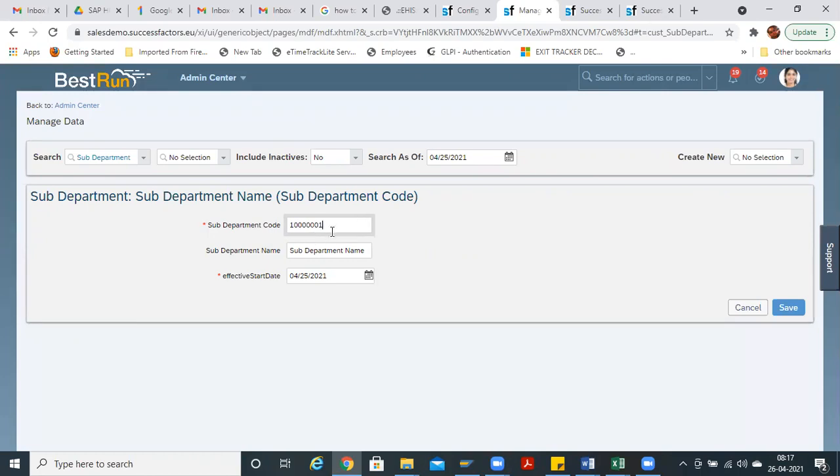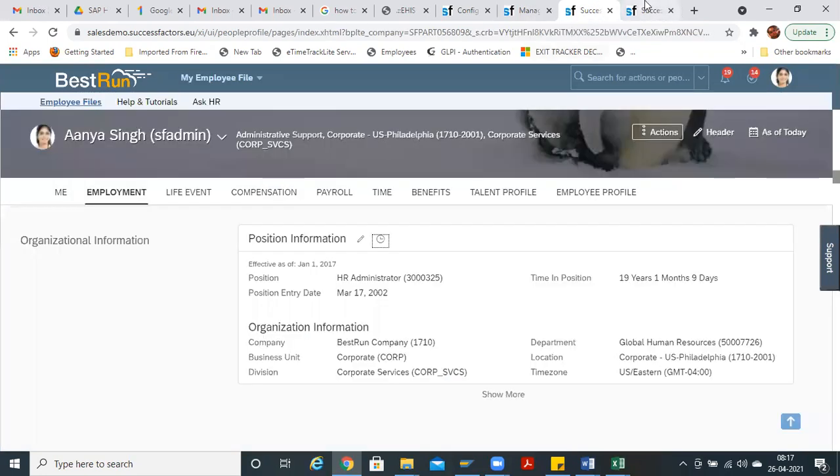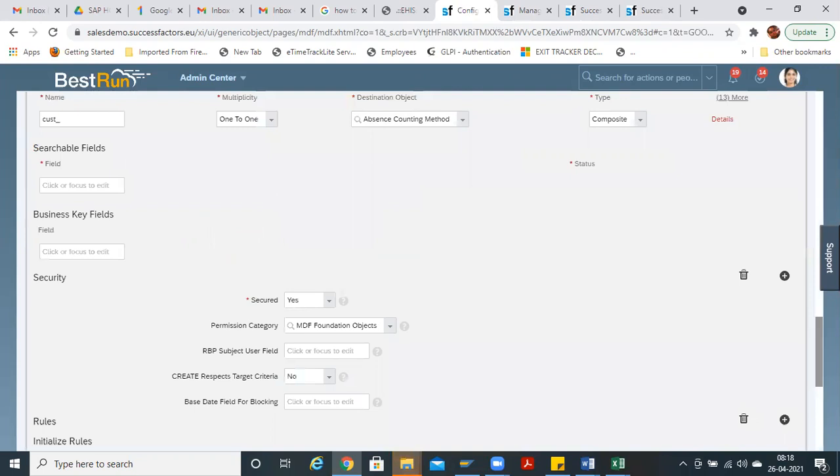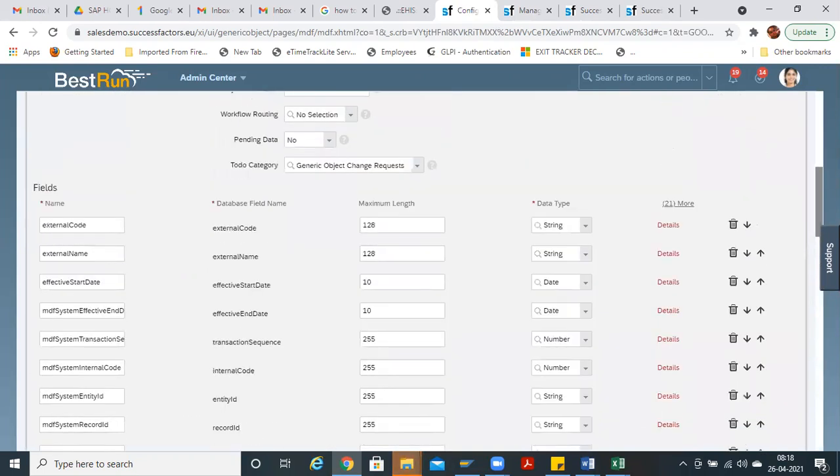There is no restriction on numbers till this much. I think in the backend we have given 255 for this code. External code, no, not 255, 128. So till 128 you can write down the numbers. It is the limit.